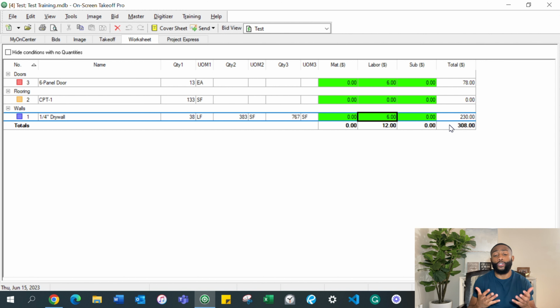And that pretty much concludes and sums up a very basic tutorial of On-Screen Takeoff. There's so much more that I can show you, and if you want me to show you more of the capabilities of this software, please let me know. I can make more videos, but I just wanted to show you the capabilities of doing a simple takeoff for doors, walls, paint, and flooring. That concludes it, everybody. That is how you perform a construction quantity takeoff using On-Screen Takeoff for doors, paint, walls,